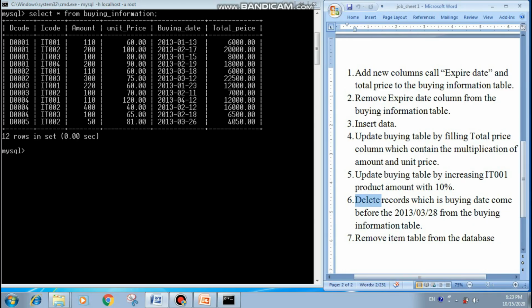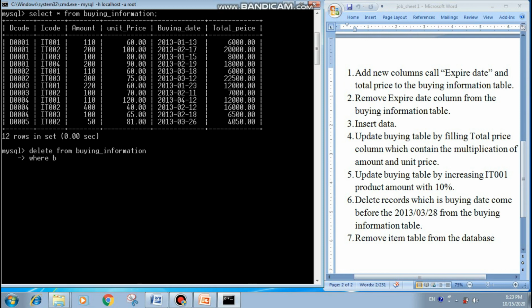Question 6. According to that question we need to delete records whose buying date comes before the 28th of March 2013. That means we need to delete this selected record. For that I am going to use the delete from keyword. Delete from table name. According to my example it is buying information. After that I am going to use the where clause to give the condition.